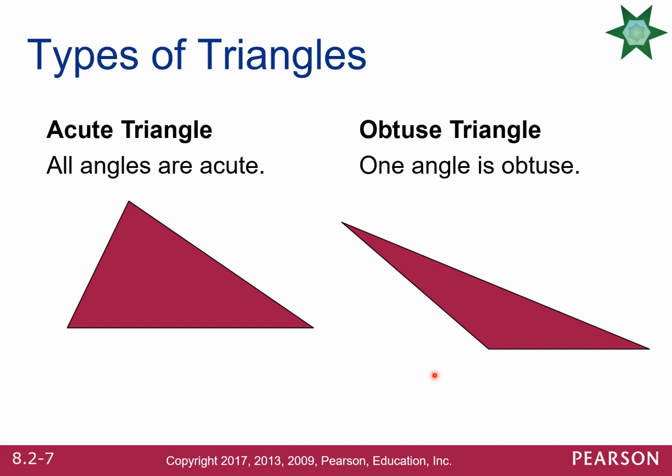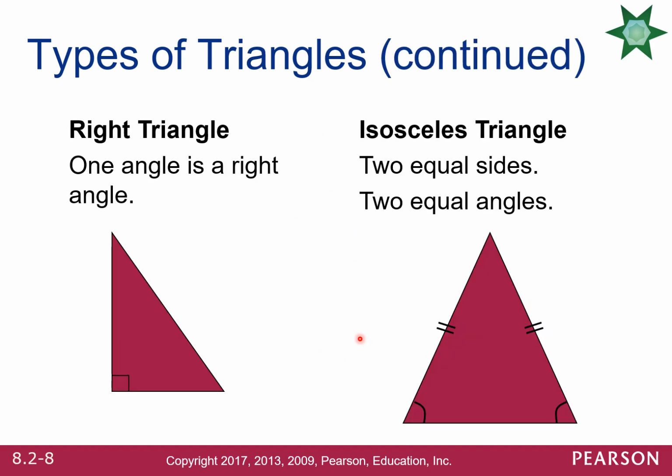All right. And again, keep in mind the sum of the angles in any triangle, no matter how big it is or what the shape of the triangle is, it'll always add up to 180 degrees. Now, the two other types of triangles are the right triangle and the isosceles triangle. The right triangle is one where one of its angles is a right angle. A right angle is a measure of 90 degrees, right? Any angle that measures 90 degrees is called a right angle,